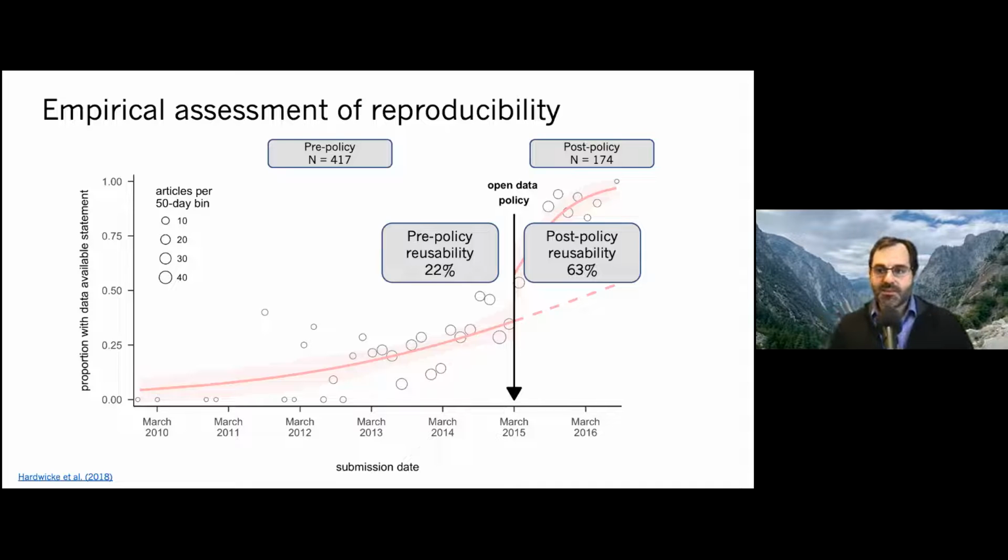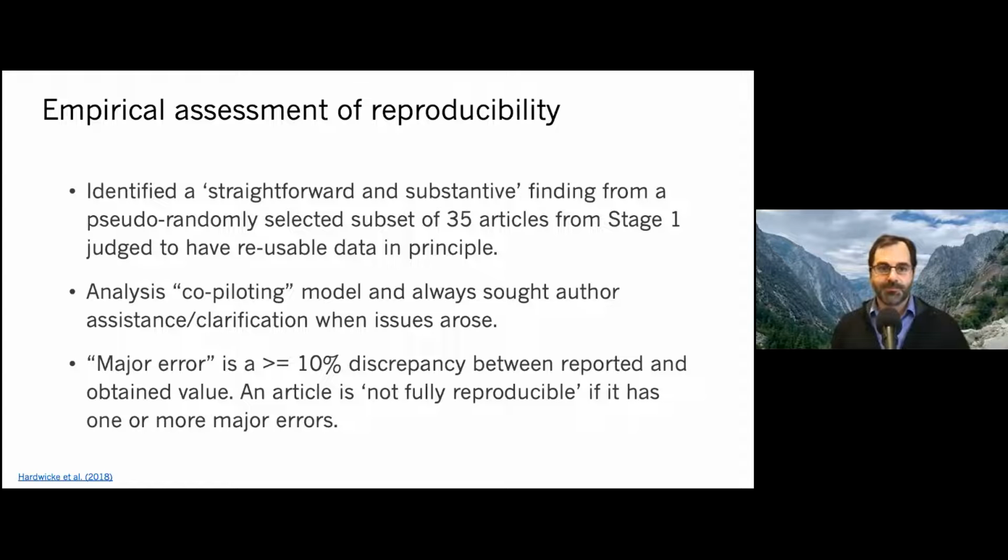That's initial positive evidence about the transparency step here, that a policy encouraging transparency might in principle raise the possibility of reproducibility. But we wanted to ask for those papers, those 63% for which we had data, how reproducible were they in fact? And this is, I think, what really is novel about the study, in the sense that we were really trying to check the analytic chain, essentially every step of the way from data to report, which we could only do because of the success of the transparency policy.